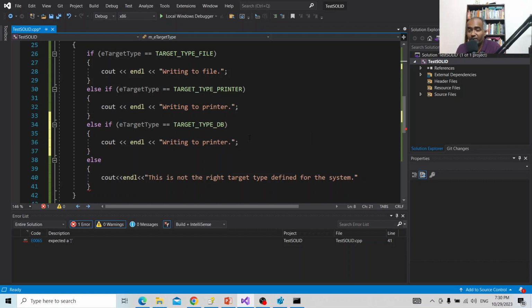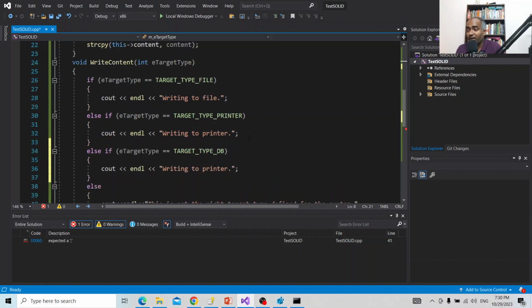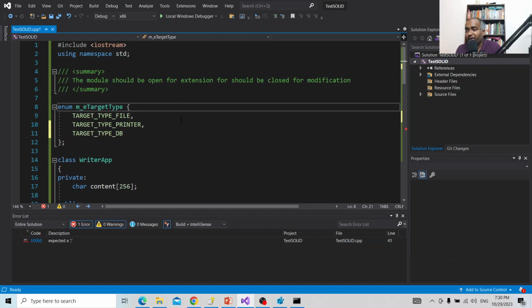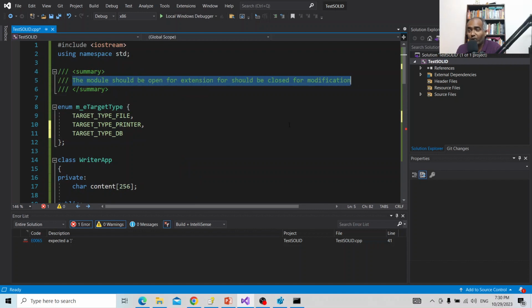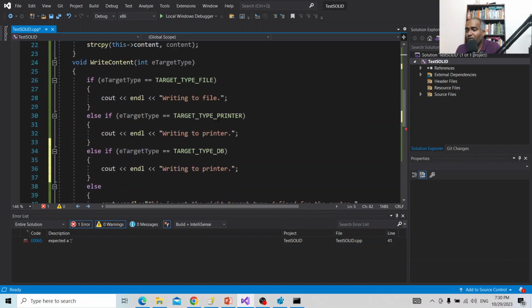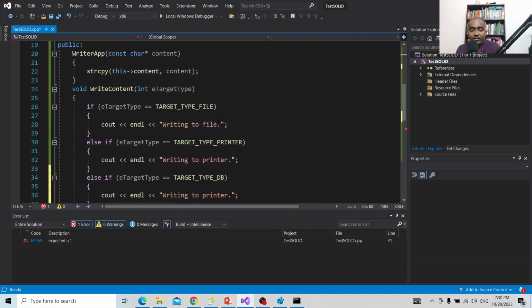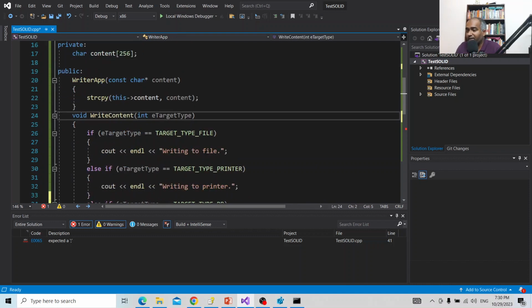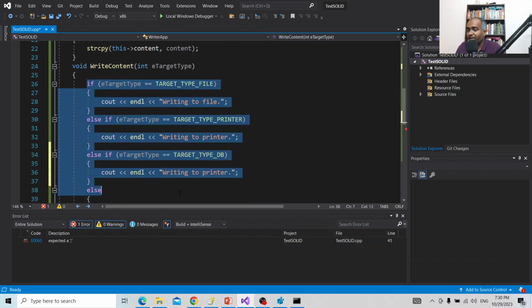You have to write a piece of code which is modifying your existing method which was written inside this class. So what is happening here is the violation of this particular principle, which is known as the open close principle under the SOLID OOPS principles. So now what is the solution for this? The solution is that you make this writer app class a base class, and you write some function which is kind of